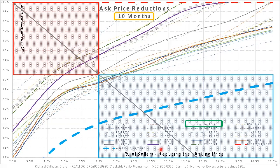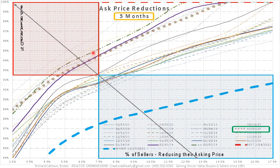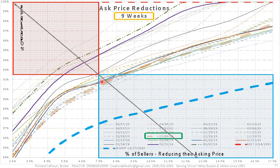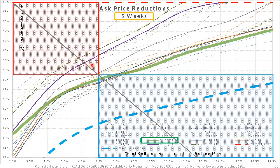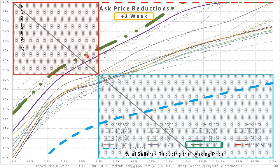So you can see the market goes up, and there's the peak, and then it comes back down. And these are monthly separations. Now we change to weekly separations. And right about here, you can see that we're going to start going up. So you look at those huge increases. At this time of the year, you have a huge reduction in the number of seller price reductions. A reduction in the seller's price reductions is an improving marketplace, which is why you're going up and into the red